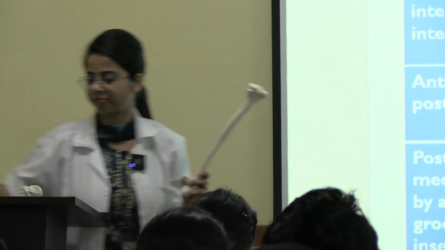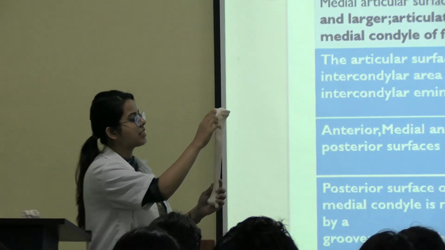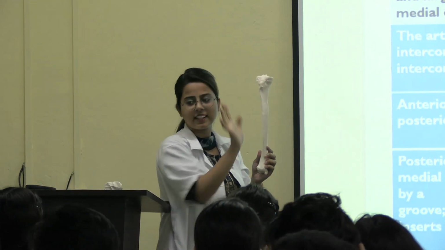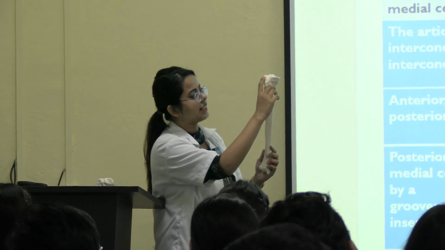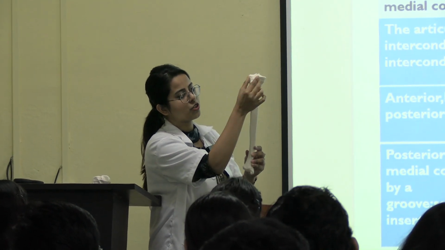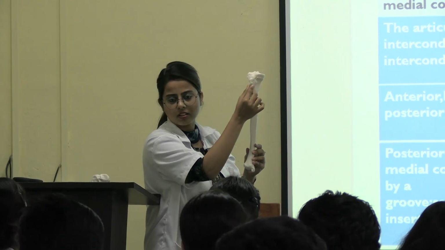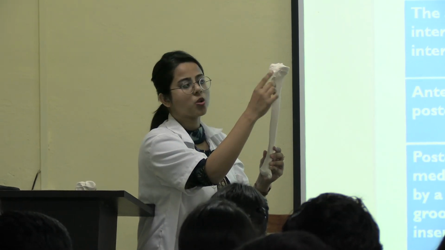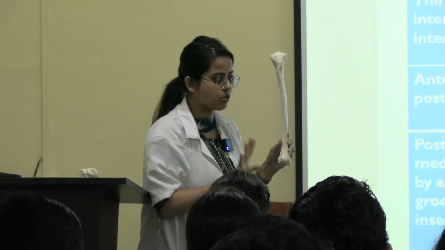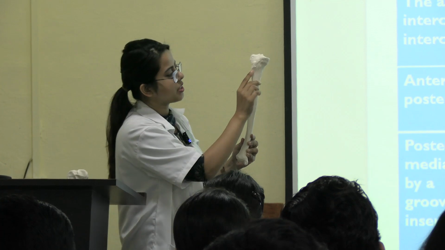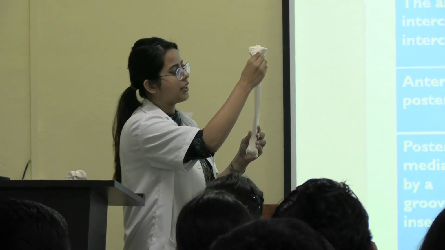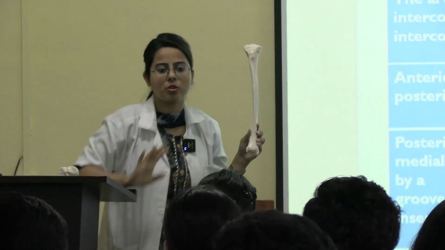Clear? And above the fibular facet, there will be another groove for popliteus tendon. Okay? Clear? Now you see that this is the what surface? Anterior surface. You will see that the anterior surface of both lateral condyle and medial condyle will join to form a triangular area. Can you see the triangular area? What is this part known as? Tibial tuberosity. Okay. So the apex of this triangle is directed downward, as you can see. So this elevated part is known as the tibial tuberosity.